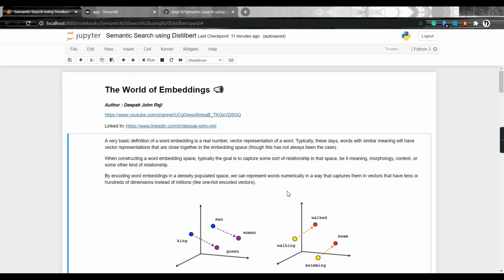As you all know, in simple terms, embeddings are just real numbers, or a vector representation of text. It's obvious that we need to convert the raw format of text into numbers before giving it to a model or doing any NLP operation. So for that we need to convert text into real numbers.